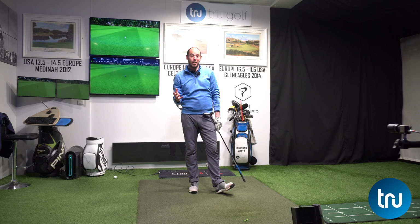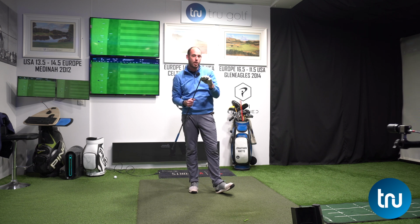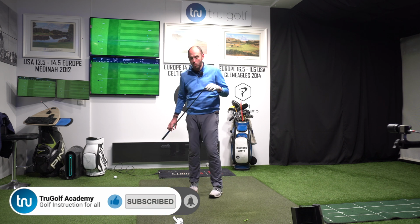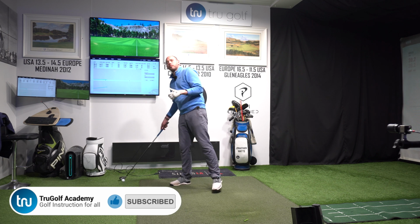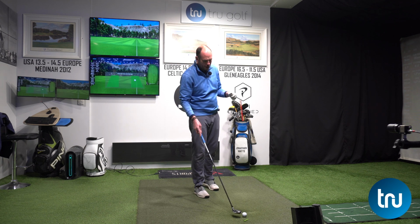If that sort of shot looks familiar to you, topping the ball, struggling with these hybrid clubs, and although we're focusing on the hybrid, actually a lot of this info is still going to be relevant when we're talking about fairway woods. I've got some simple tips for you, some ways to stop mishitting it like that one I hit,